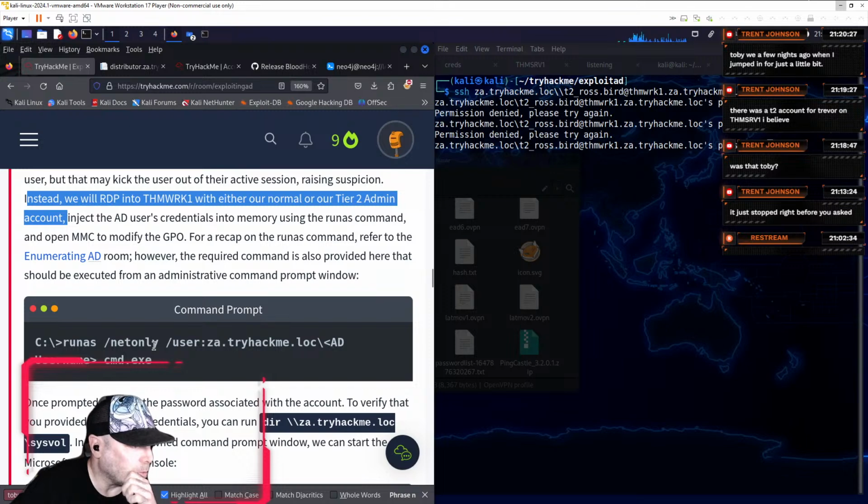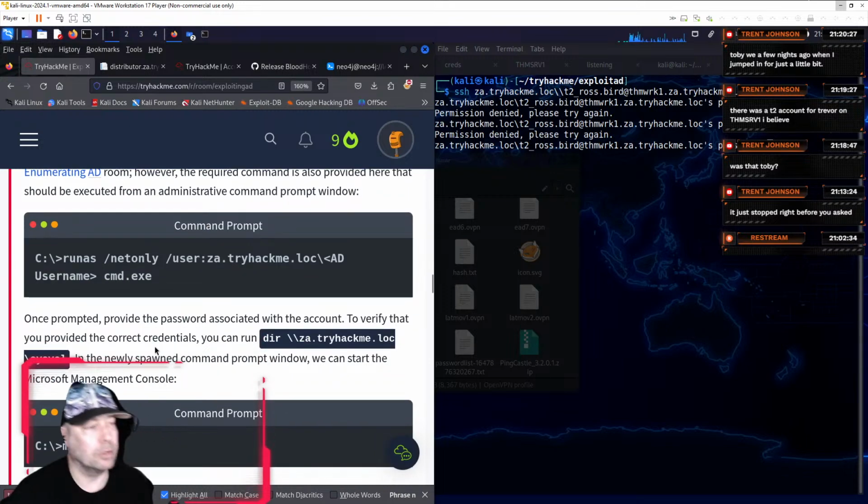I may have made the wrong decision here. I forgot that the network has been reset since I last obtained Tier 2 credentials.